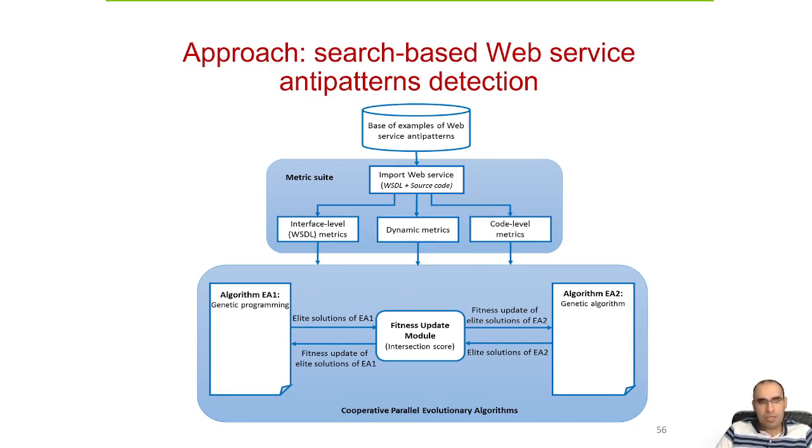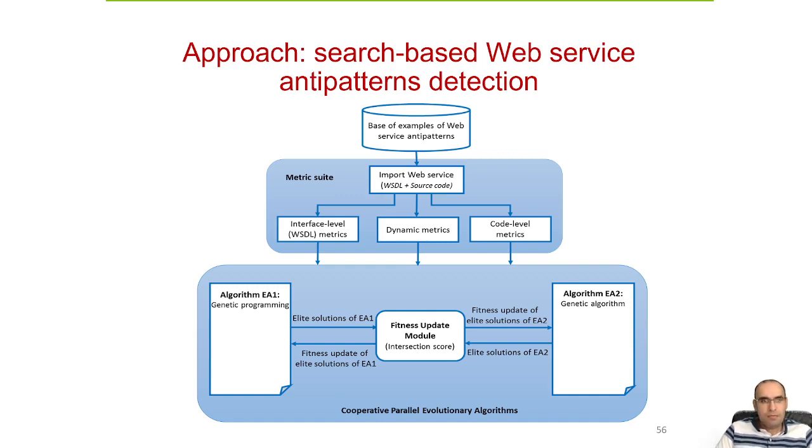Then we considered a metric suite so that we have multiple quality metrics at the interface level or at the code level, and also we consider dynamic metrics in order to characterize the symptoms of anti-patterns. Then there are two search algorithms that are executed in parallel to identify anti-pattern detection rules. The first aims at generating rules, and the second aims at generating detectors, so that we can have a fitness function between them, to make an intersection between both algorithms. The idea is to reach a consensus about the detection of each